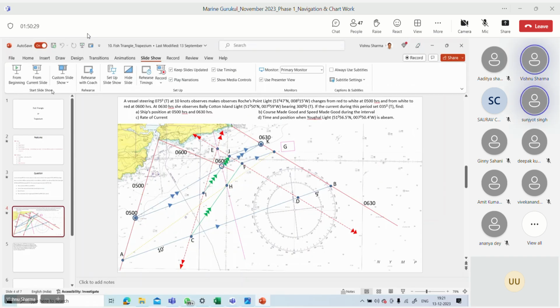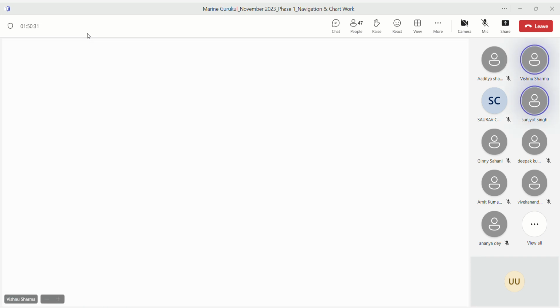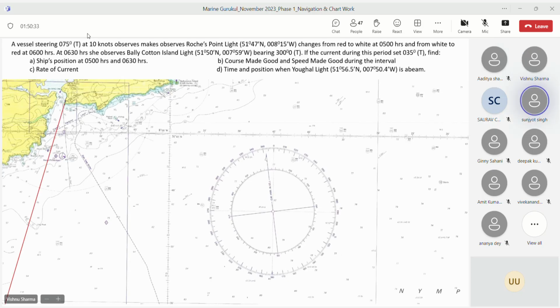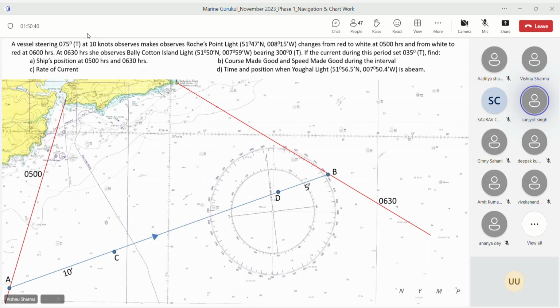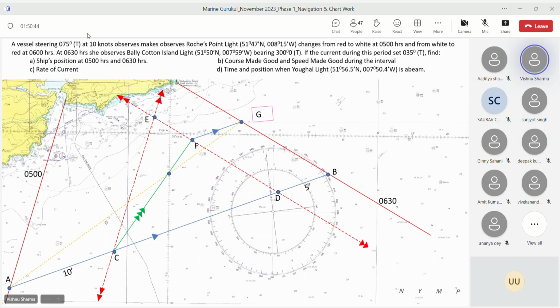Sir, regarding the rate, we took this transferred PL to the 6 o'clock fix. Regarding the rate, what do you mean by regarding the rate? You told that once the triangles are formed, then we are reading the rate from those triangles,